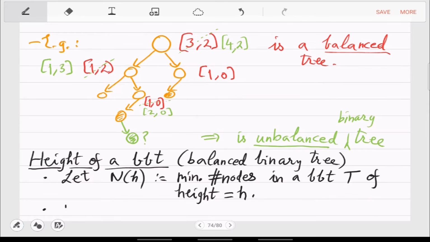So the base case: n of 1 is what? For height 1, how many nodes are required? Well, 1 is also not bad. 1, yeah, you can do with 1. No, but the problem is we need height exactly h, exactly 1 height. So then you have to use 2. So n_1 is exactly 2 in the base case.